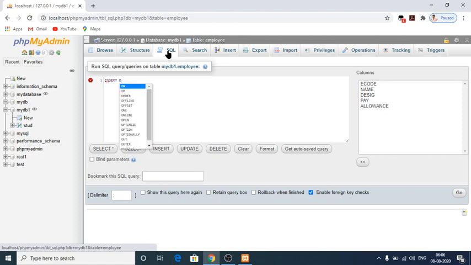Insert into employee values 1005, RK, designation supervisor, payment 30,000, his allowance is 13,000.